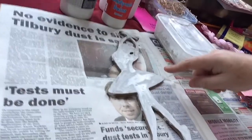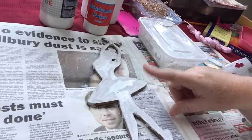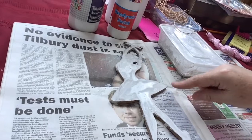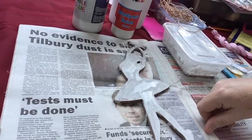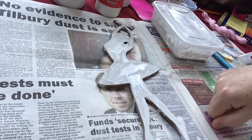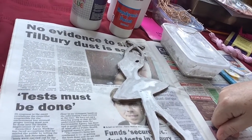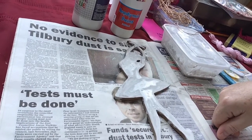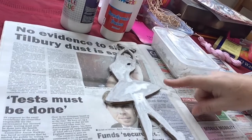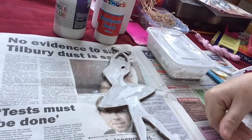There's a little bit in the middle that's still slightly wet, but it doesn't really matter because I have to put another layer on anyway. So I'm going to start working on her now. But you can see she's base coated. The reason you put a base coat on is that it just makes using other materials easier. It won't soak into the wood,